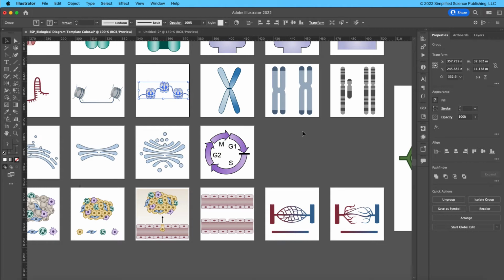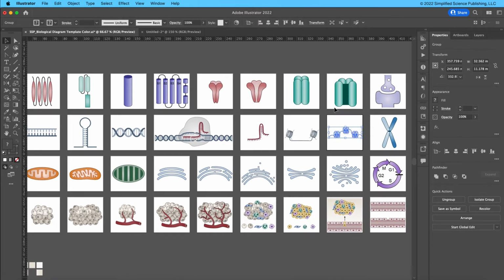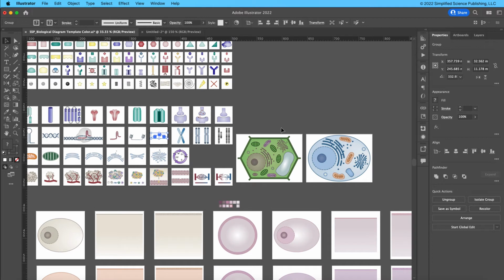So there really is an expansive library of options that are fully editable for you to use in your own designs. And I've even included two sort of large examples where I've used some of these designs that you've seen and shown you how you can arrange some of these exact pieces to create your own cellular or signaling